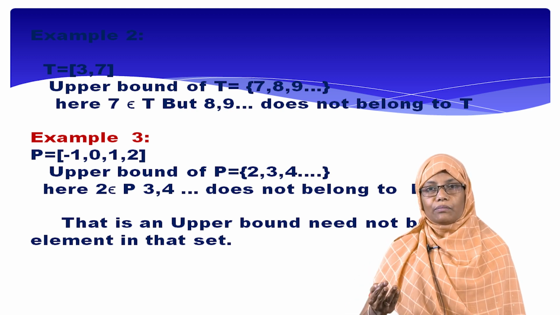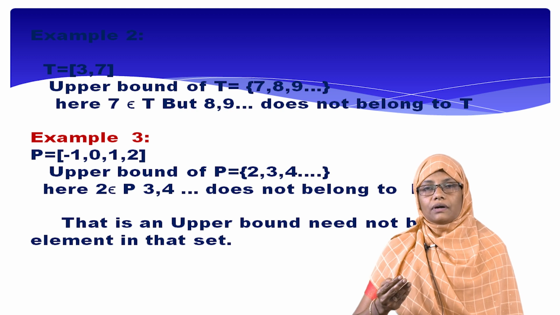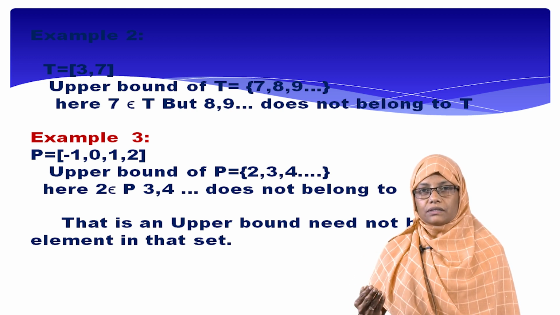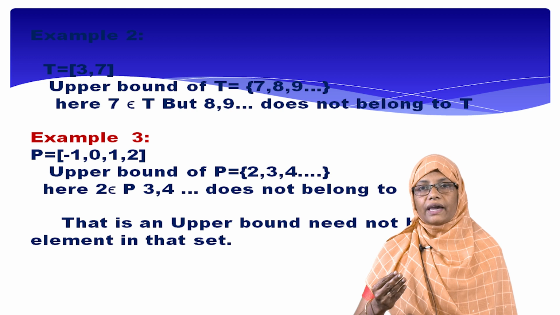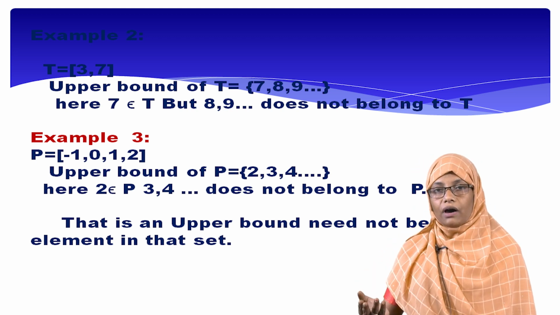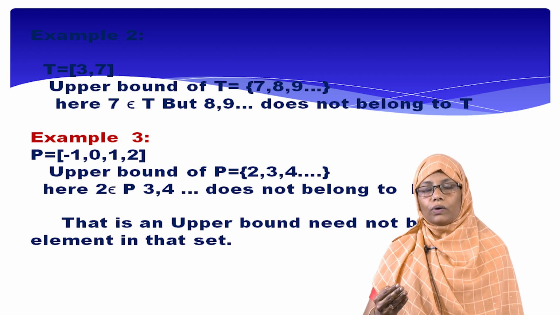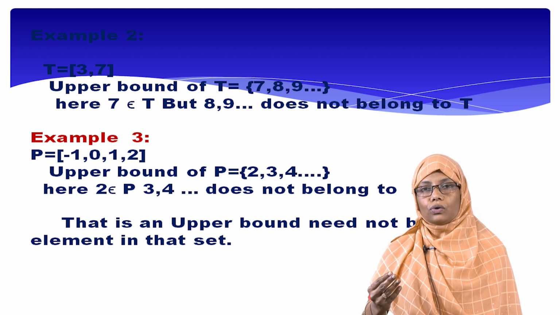So, the next example: suppose P is a subset of R. In this case, P equal to {-1, 0, 1,